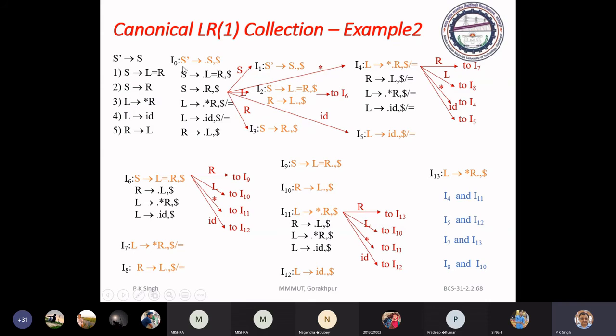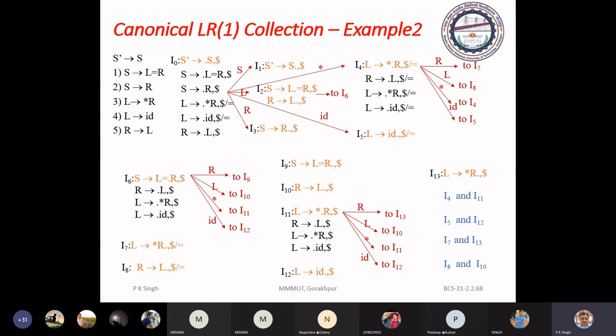So accordingly you will get this item set. Go to I0 R will give this S2 R dot dollar. Go to I0 asterisk is giving this, that is I4.